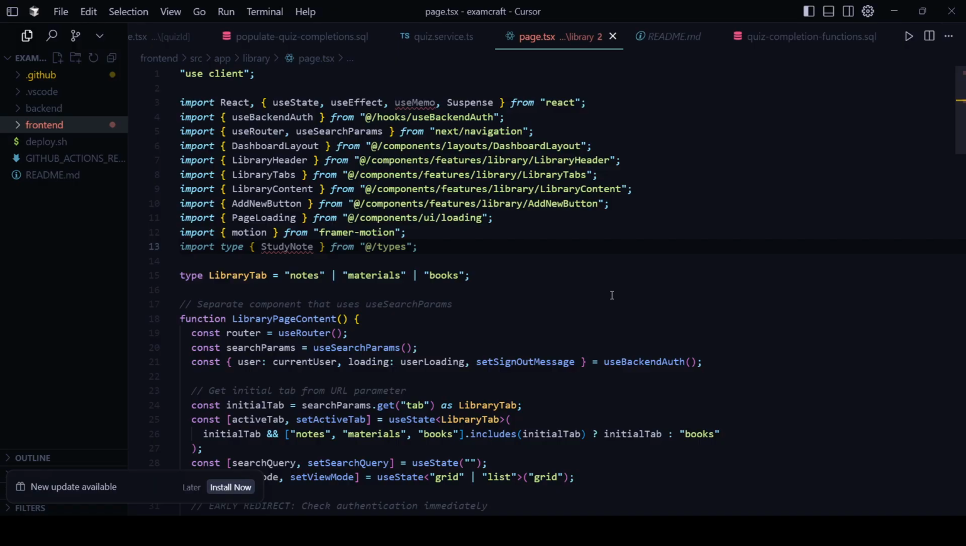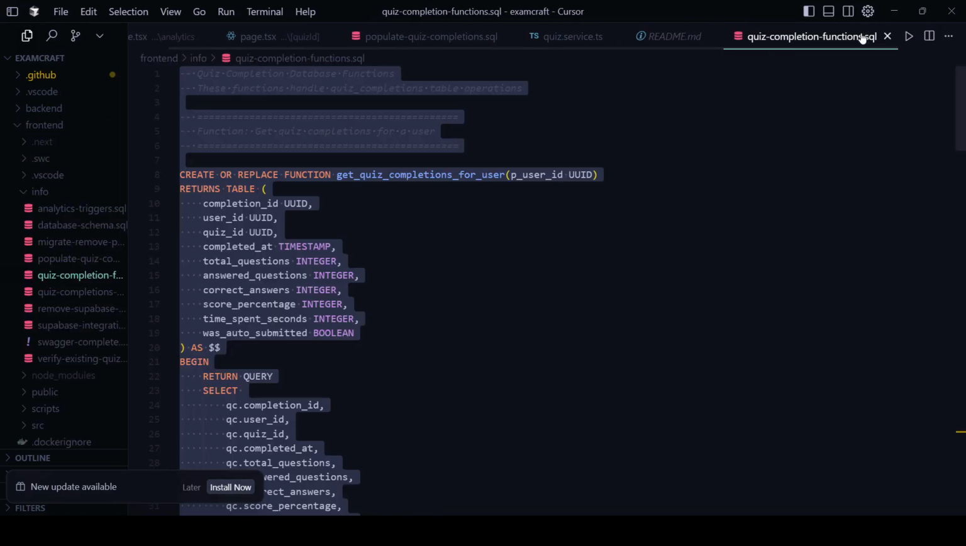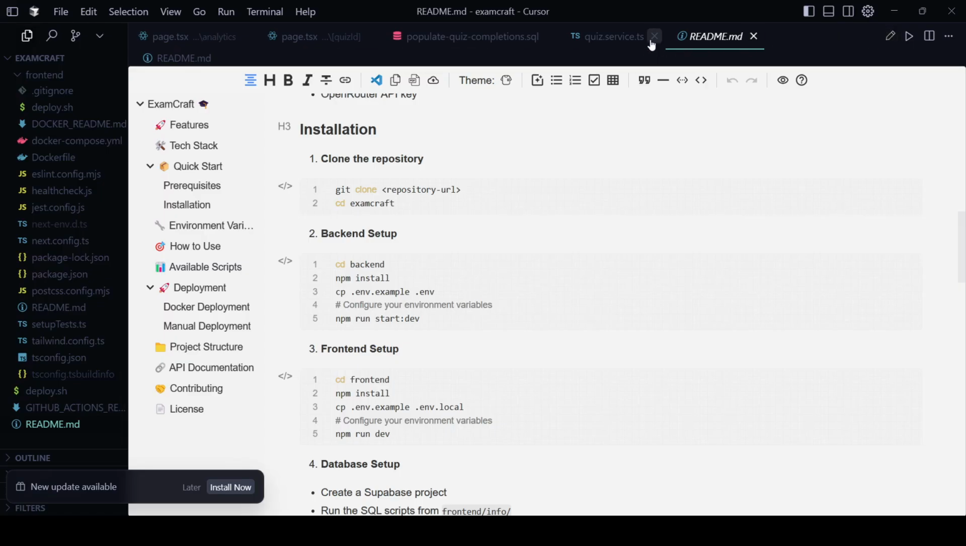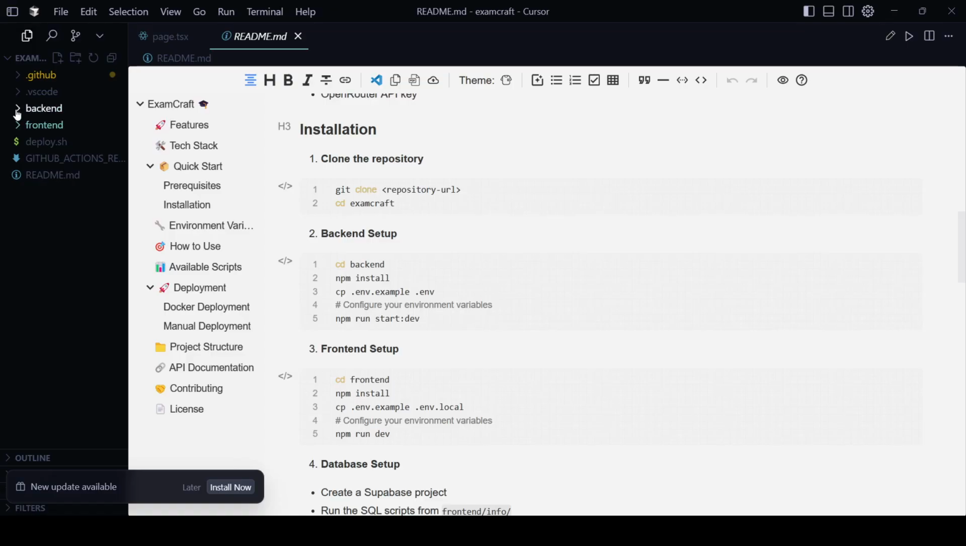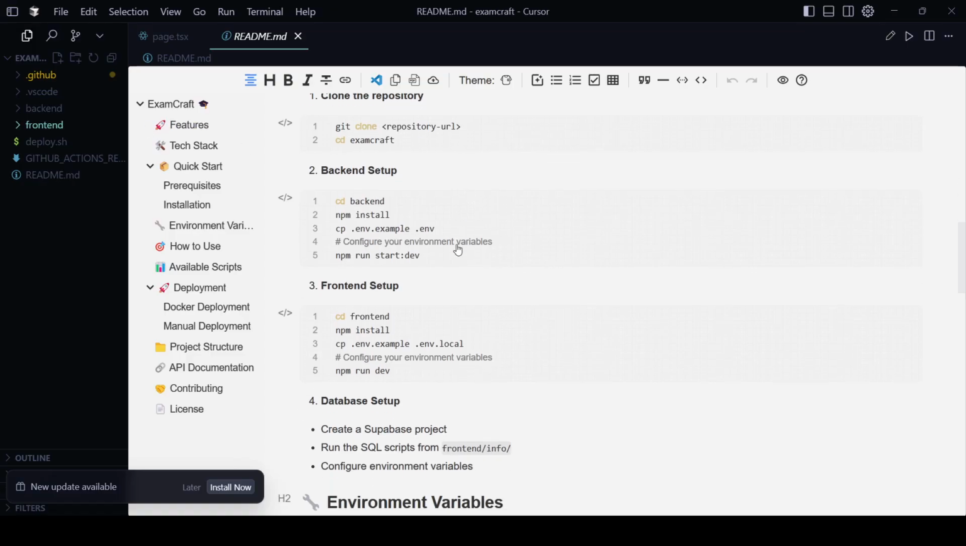Okay, this is our code base and this is our file system. To run this project on our local machine, we have to give some commands. First we have to go to the backend by giving cd backend, and then we have to run npm install. With npm install, we have to copy the .env file with the cp .env.example .env command,